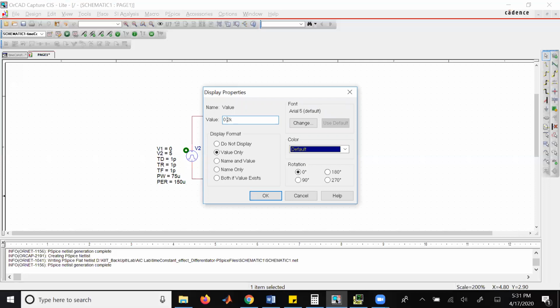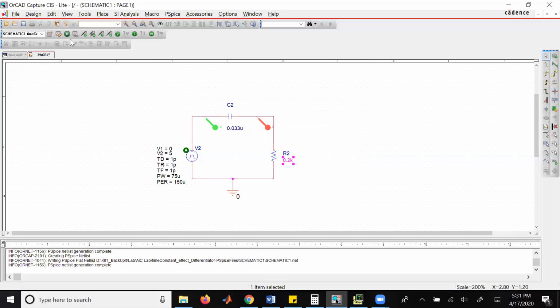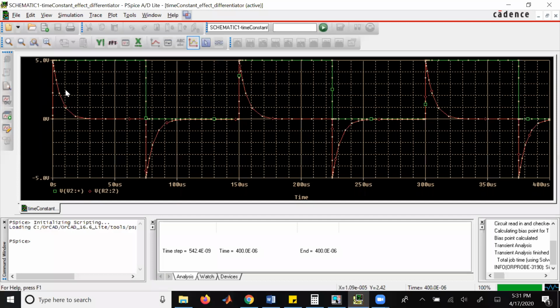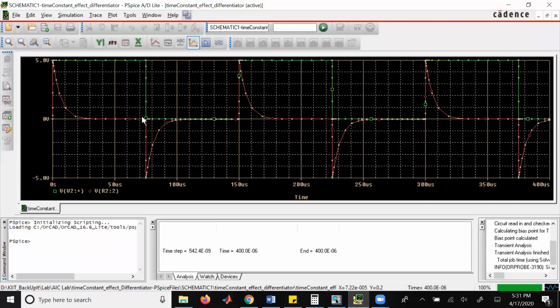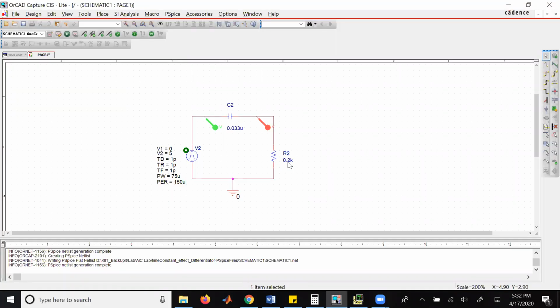Now, third experiment, if we decrease the time constant to let's say 0.2 now. Now we run it. Let's see now. Wow, we can see now discharging of the capacitor is very quick, right? So for a very small value of the time constant, discharging is very quick, and therefore we can see a spike. Now we know if you want to make this circuit behave as a differentiator, that means for a square or pulse input, we should get a spike. Now this is not exactly a spike. So to get the exact spike, we have to make this time constant very small.